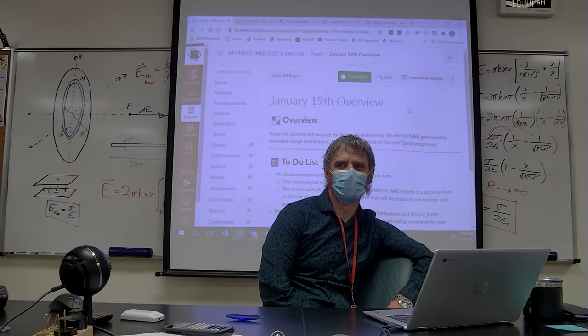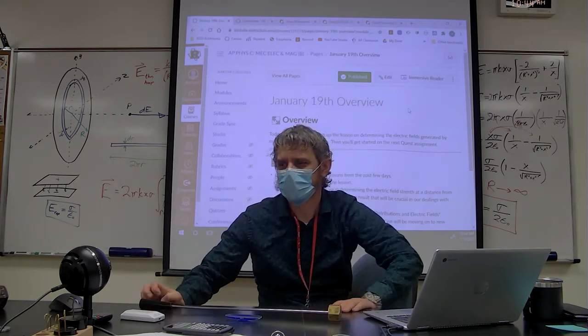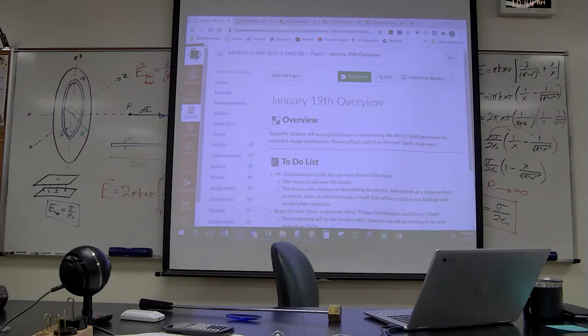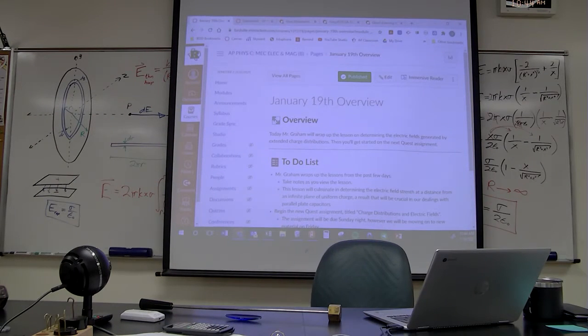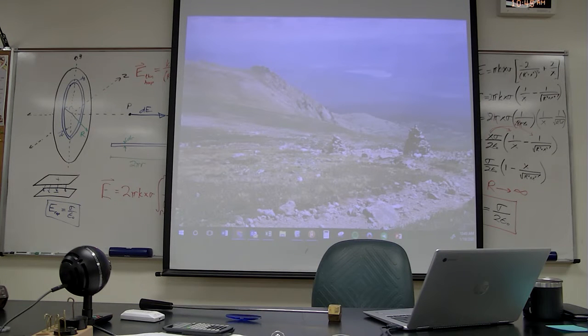Why is the charge distributions and electric fields thing just somewhere randomly in the middle of the quest list? Oh, is it? Oh my gosh. Most of the time it's either at the beginning or end. No, this one's just in the middle. The quest updated, and I don't like their update, and it's been throwing me off. Let me fix that. Yeah, I think the first time I complained about it, it kept happening after that, where you would have it not at the top. Oh, really? And I thought you did that just to annoy me. Well, I did, but now I'll stop. Yeah, they did used to